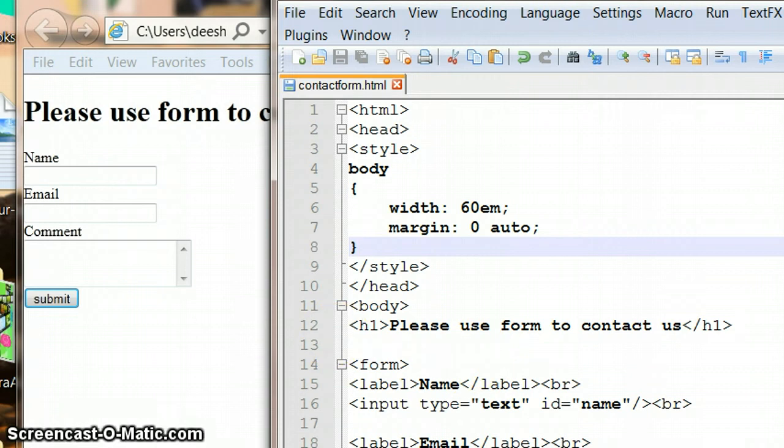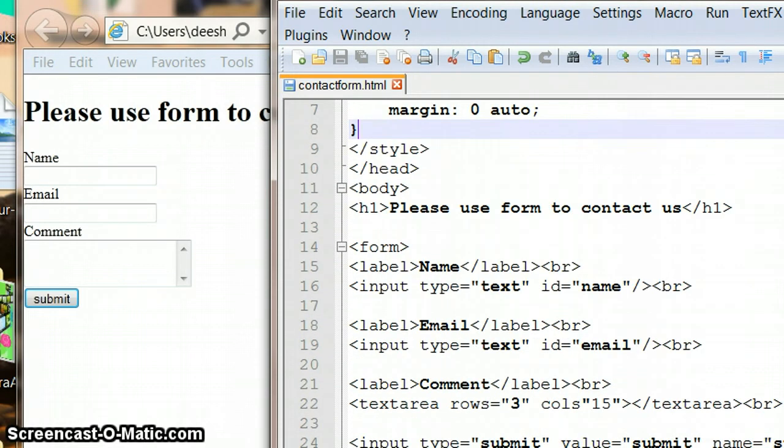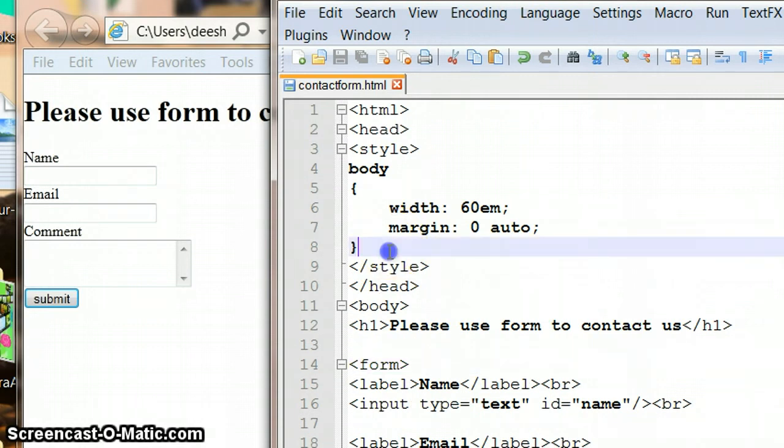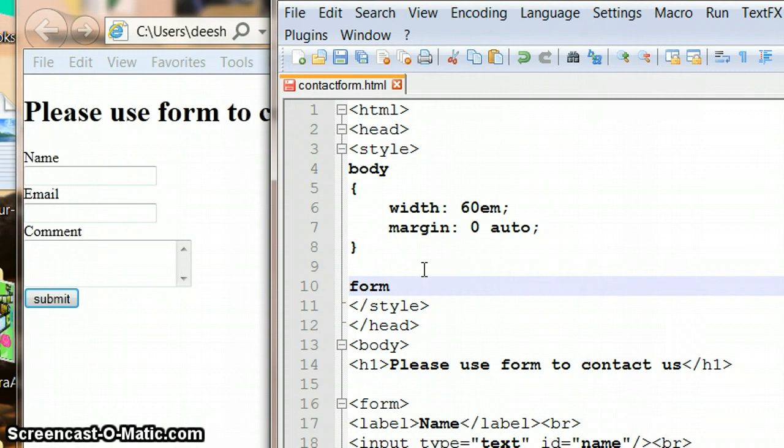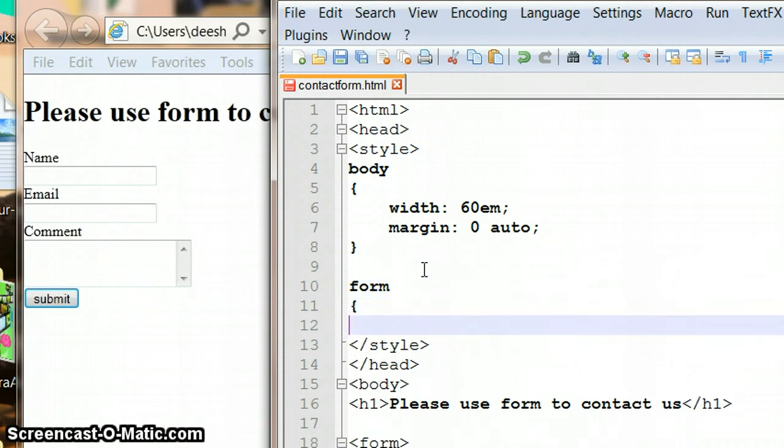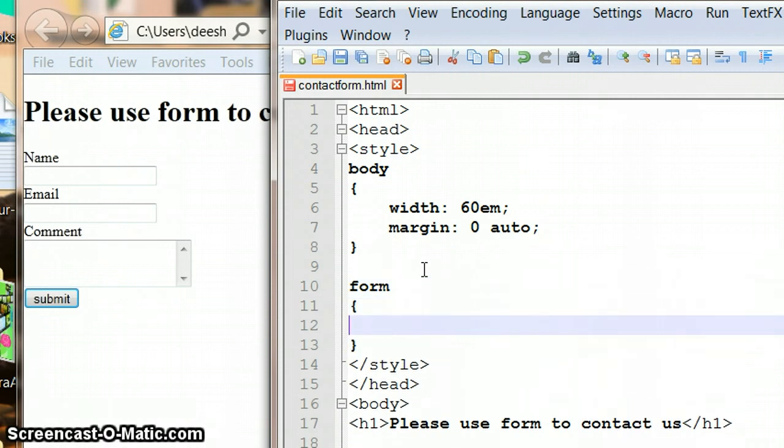The next thing that we're going to apply a style to is just our form tag here. Now because these are HTML tags, we can just use form exactly like we did with body above, and we need an opening brace and a closing curly brace, and then we can use tab to move in, and this is just for our own benefit, not for anybody else's. So if I set the width of the form, let's say to 13em, and then end that with a semicolon,